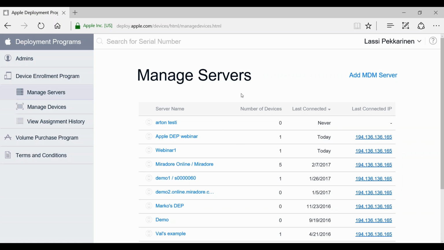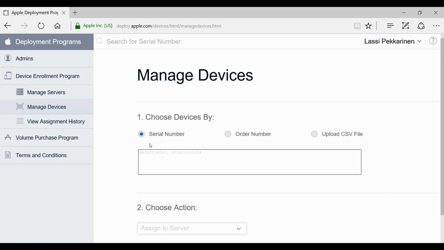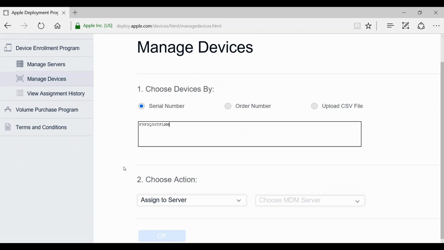So let's see, I have the portal here. You need to go to Manage Devices, like we did earlier in this demonstration. And then let's use the same device serial number here. So let's say this device would be then sold out from the company, for example.